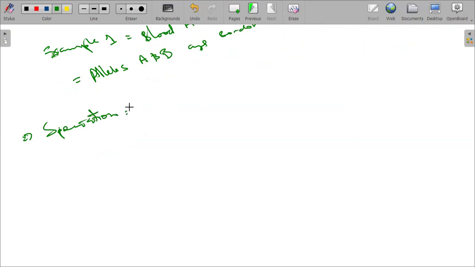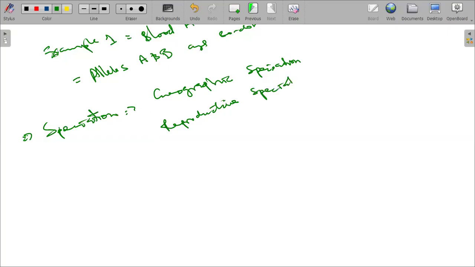I said that we have got geographic speciation, and also we have got what is called reproductive speciation. So, having said that, on geographic speciation,